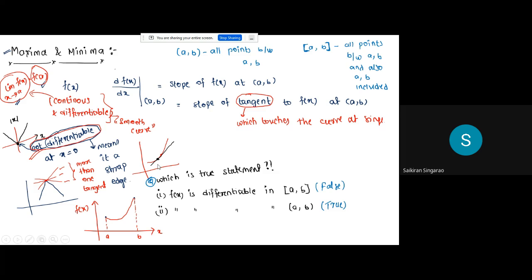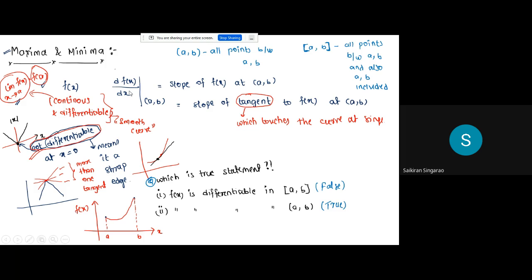Okay, so why I am telling you this is because to understand the basic maxima and minima, you have to understand why it is differentiable in an open bracket, why it is differentiable in a closed bracket, what is absolute minima, what is absolute maxima, what is relative minima, relative maxima. All these terms you might have heard somewhere in your BTech course, but they are important, right? So to understand them, you need to know these basic terms.